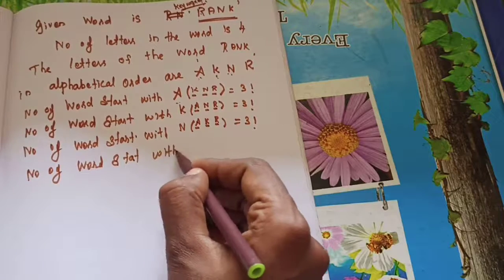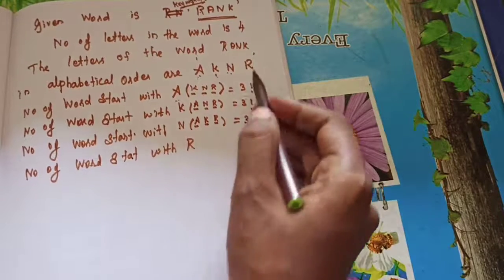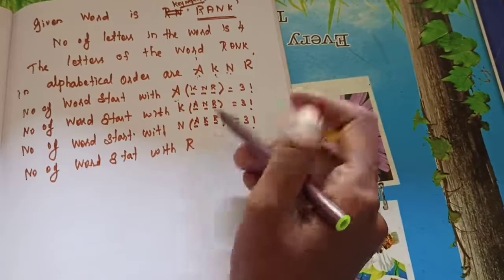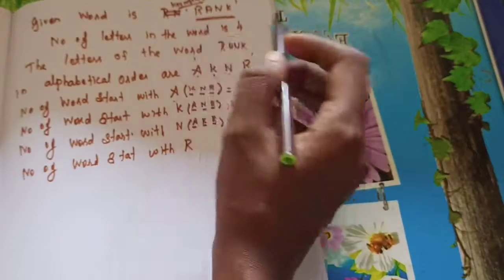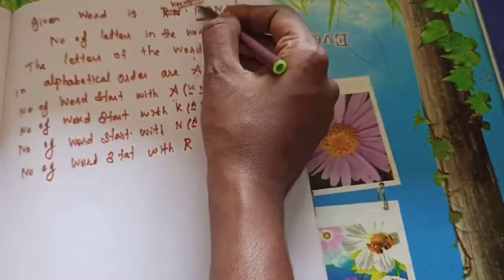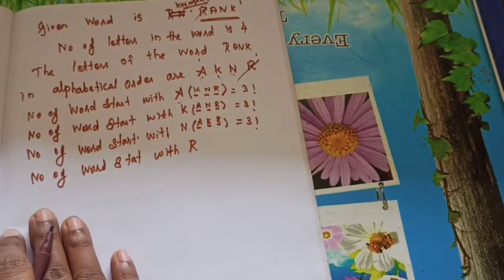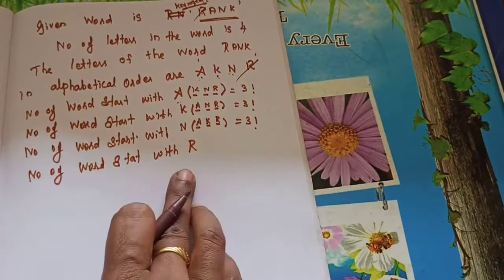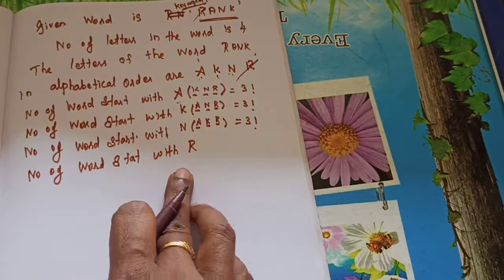starting with the next letter R. Okay, at once you see the keyword. Here I took R, is it right? Whether both are matching? Yes. So at once what will happen? This R and this R will get cancelled. Got it, children? Okay, so if it gets cancelled, you need to move to the next letter.